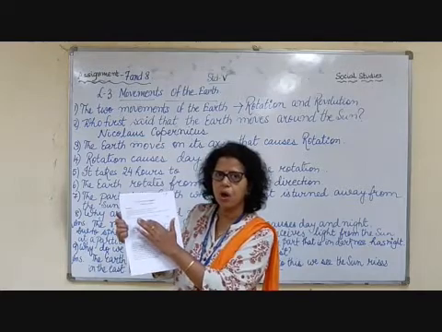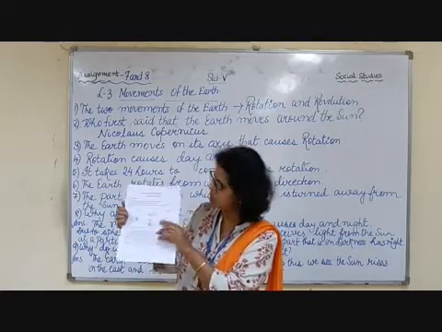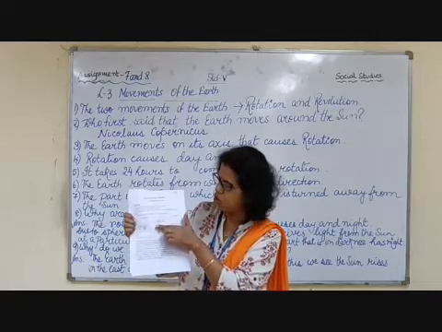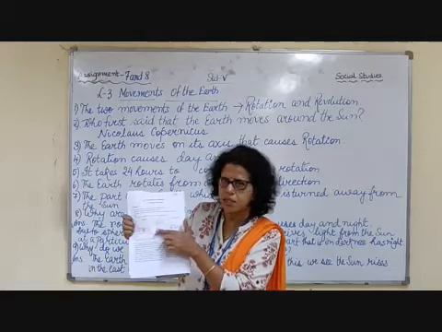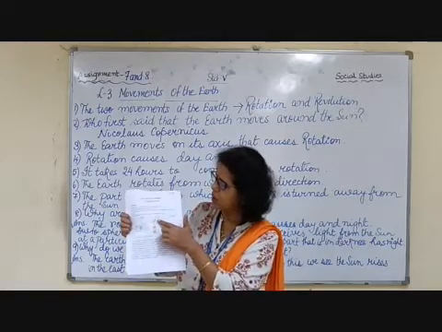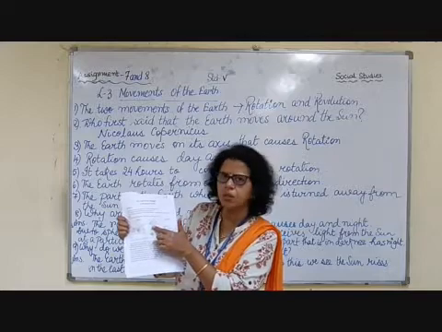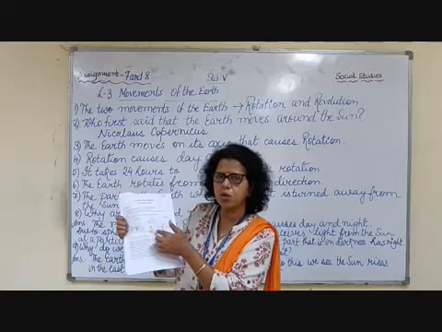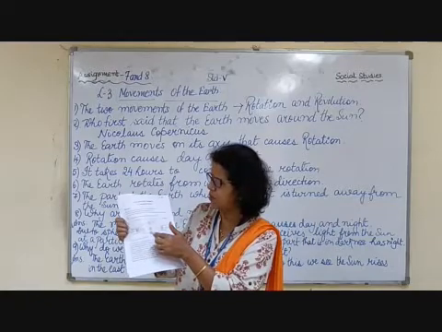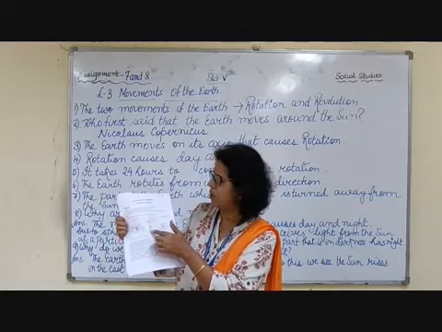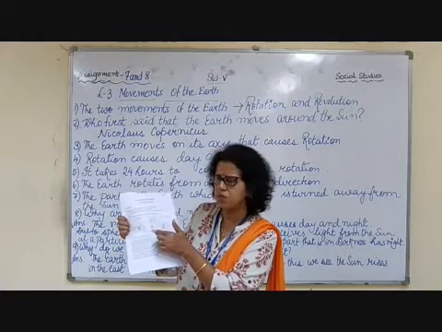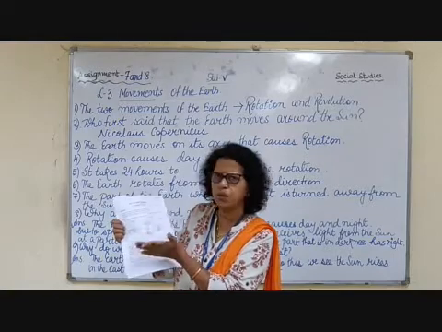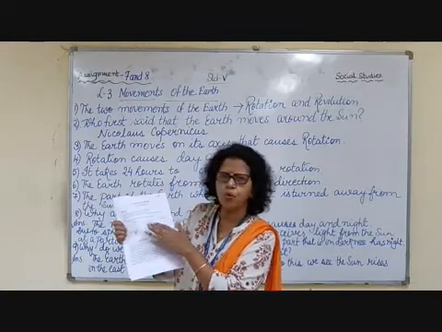They are called equinox. Here you can see the sun rays are falling vertically on the equator. So it is equal day and equal night in both the hemispheres. Here it is spring in the northern hemisphere and autumn in the southern hemisphere. Here the opposite thing, naturally it will be autumn in the northern hemisphere and spring in the southern hemisphere. Both things will be opposite. These are the 4 positions.